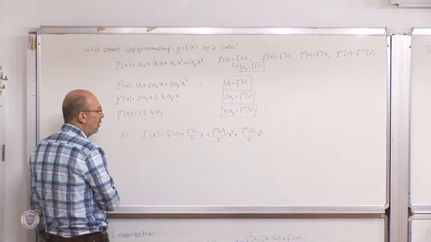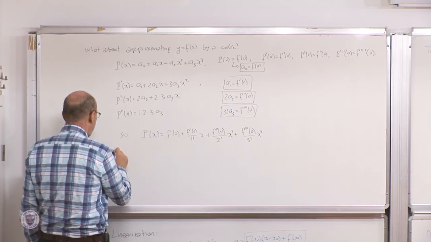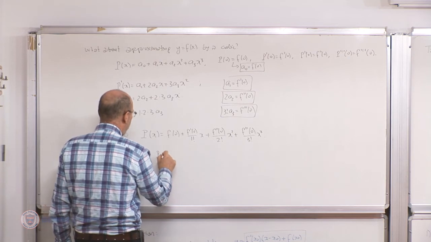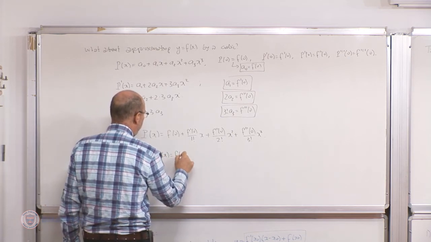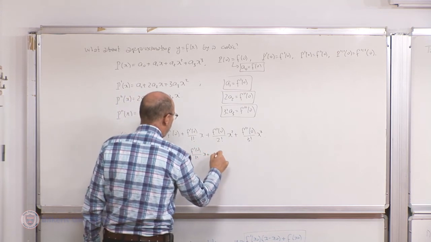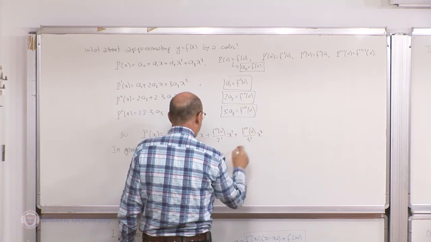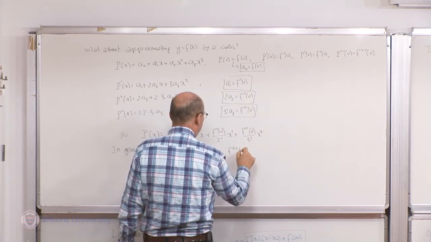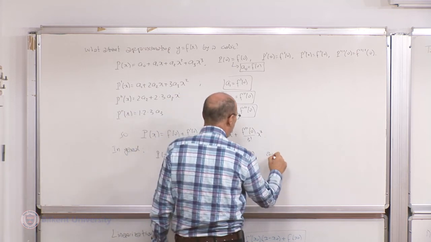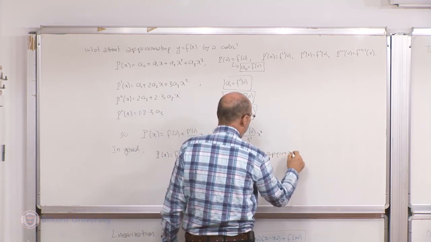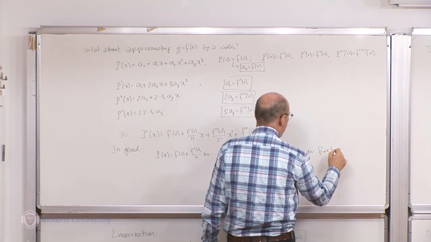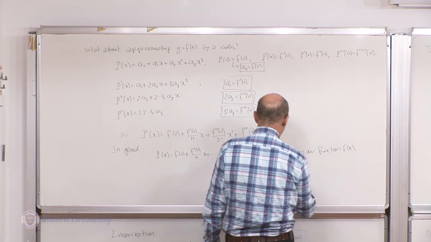Okay, so in general, if we have such a polynomial, f(0) plus f'(0) over 1 factorial x plus, you write all of these things up to the nth derivative at 0 divided by n factorial x^n, it approximates our function f(x) in the sense that